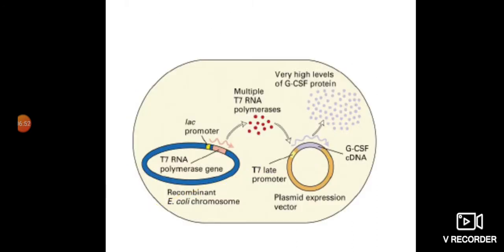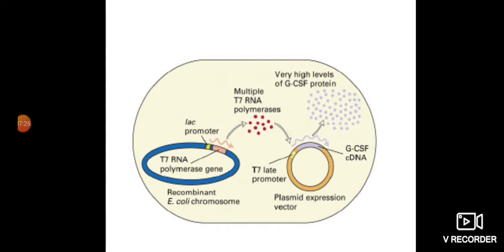So this is how it's going to be done. We are going to have a recombinant DNA construct, which is going to get transferred into the particular organism. Here we are showing a plasmid expression vector carrying a T7 lac promoter with a GCSF cDNA, and by using a lac promoter there will be production of this, selection is going to be done, and then